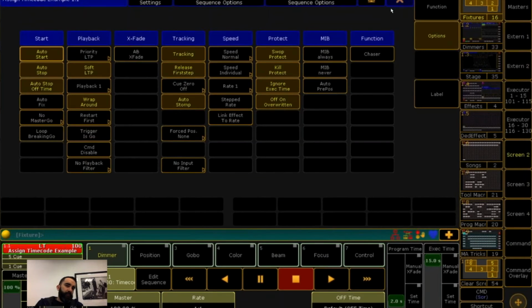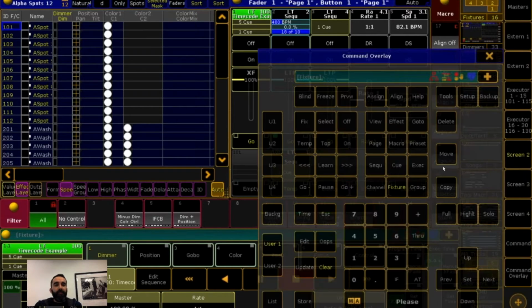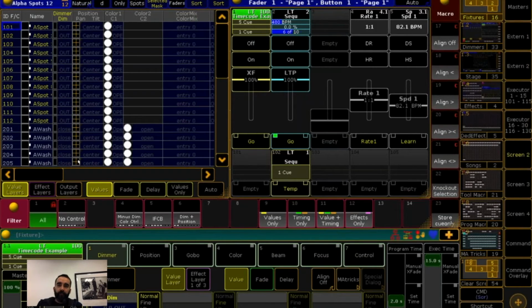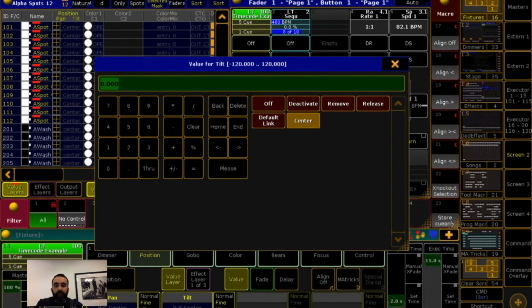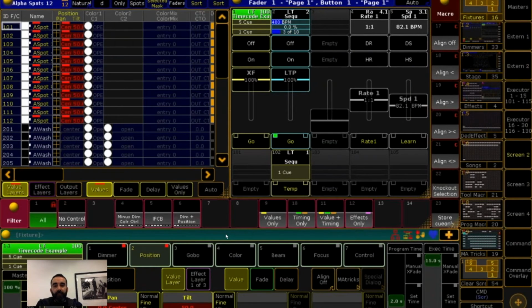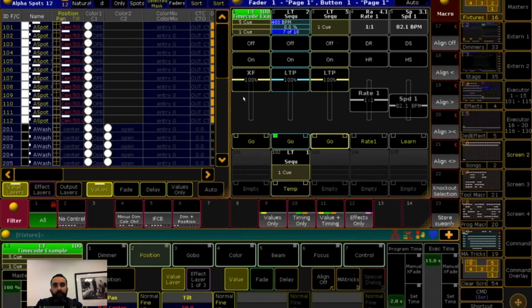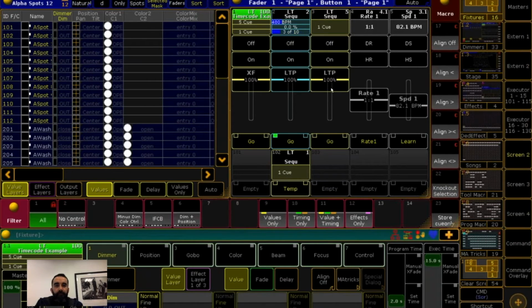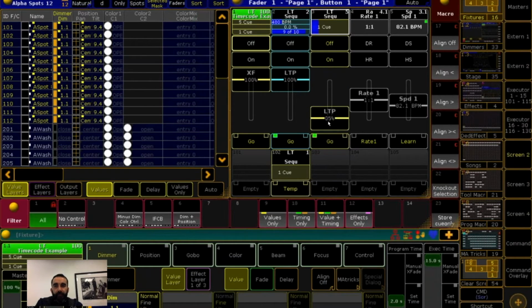And auto pre-position is kind of a funny feature. It pre-positions the lights once you start the executor. It looks really weird in a normal cue list, but for single cue lists, it's very nice. Might say at 100 and point these down. Let's see how this works with the fader. So if I bring this up,